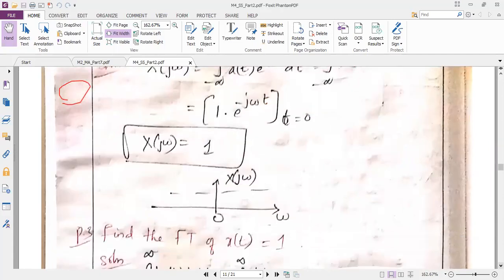And I told you they may ask you to draw the spectrum. Okay. So you can ask me a question, ma'am. The sample value is only at this position. How come you are having the magnitude here for the frequency domain? Because your omega is a continuous variable. Omega will be equal to 0, 1, 2, 3 like that. So accordingly, the amplitude is 1 throughout for different values of omega.